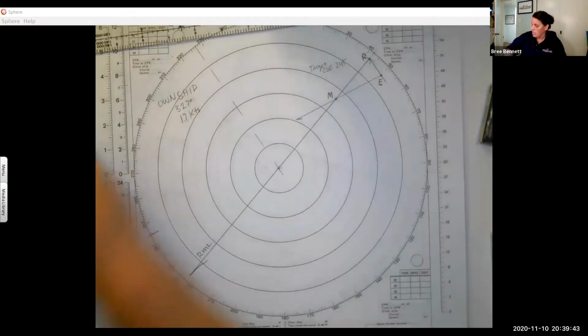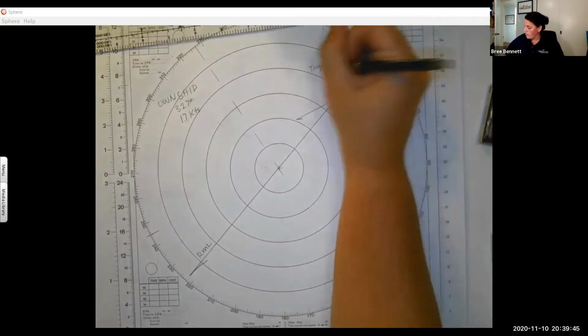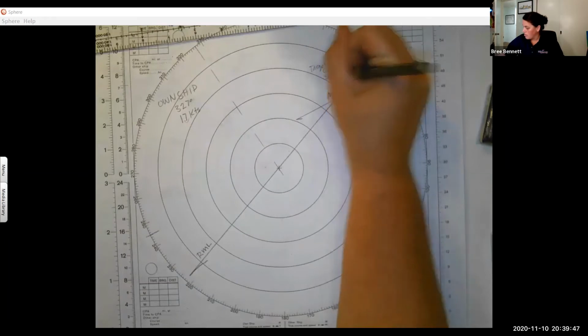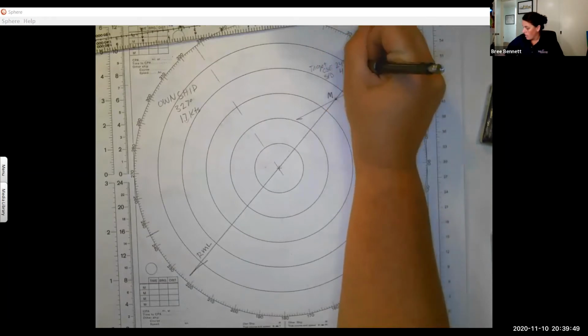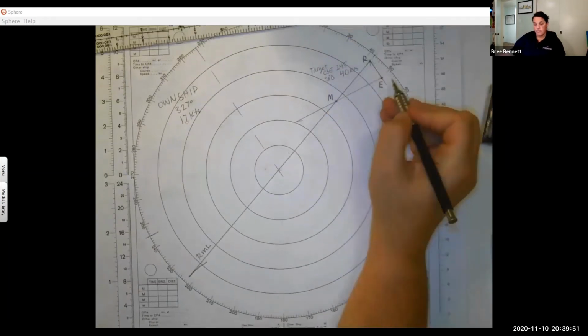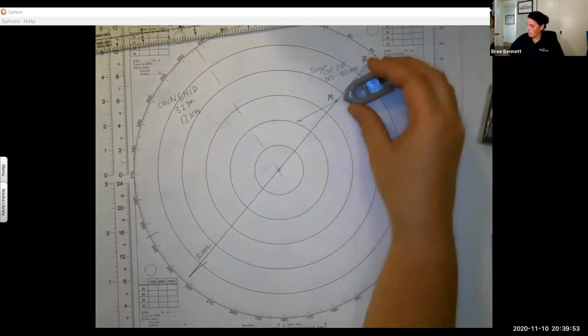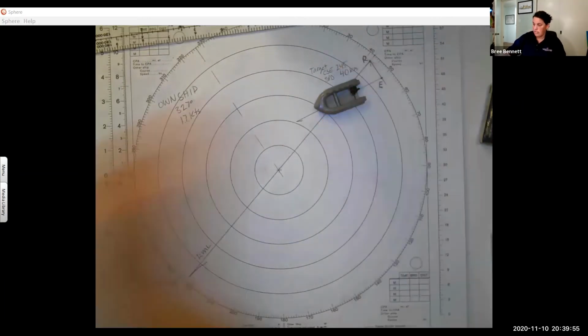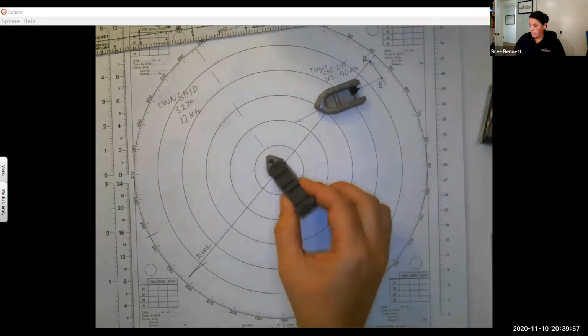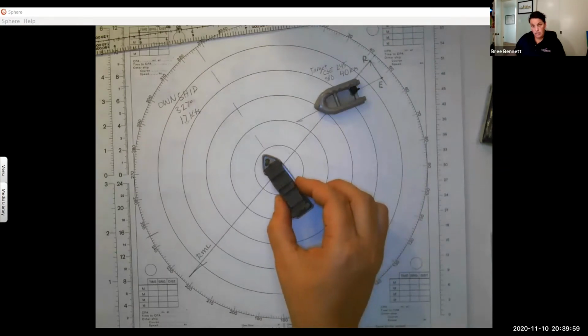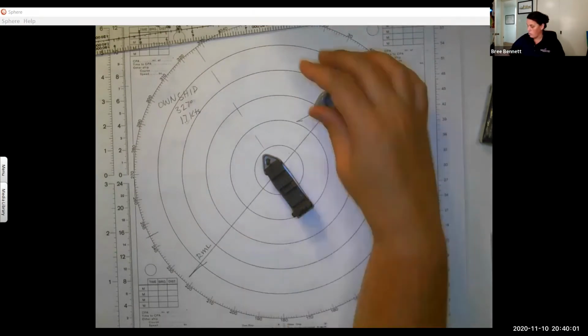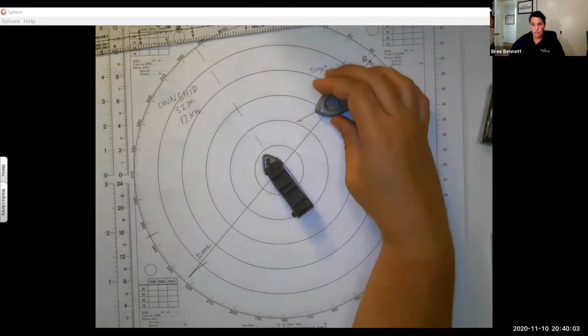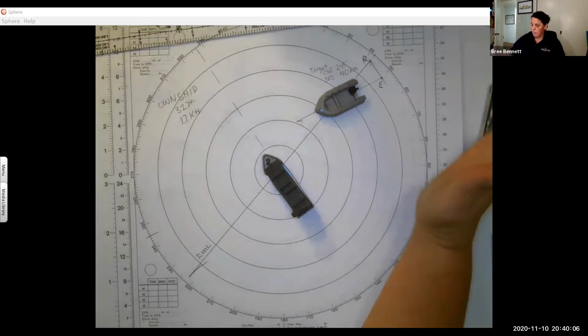All right. So course 245, speed 40 knots. So they're going this direction, and I am going this direction. Now I need to figure out who has the right of way, who's the burdened vessel. So